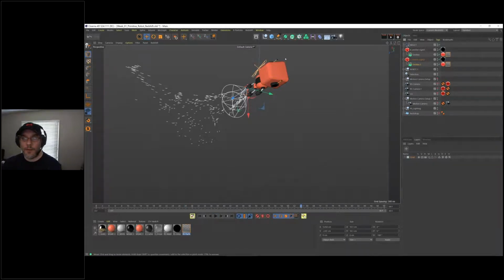Now, there is a newer way to affect particles, and that is a new type of force called the field force. And this is like a whole other level. Imagine if you wanted to create your own type of force, like gravity or attractor or whatever. Field force allows you to do that. So what I'm going to do is add,